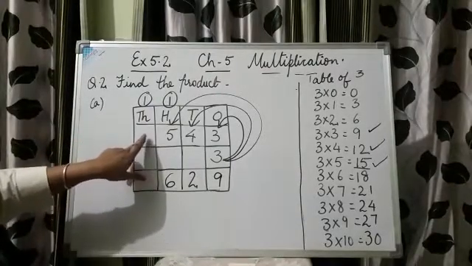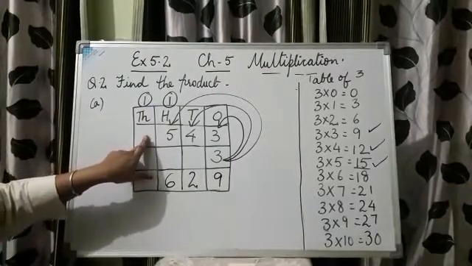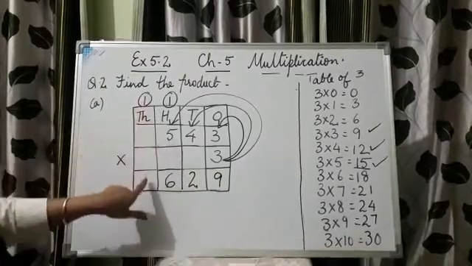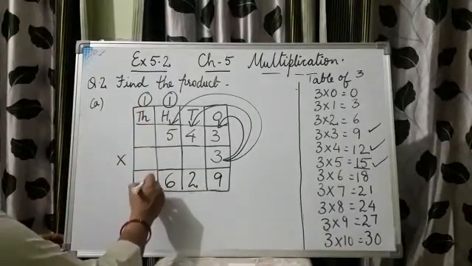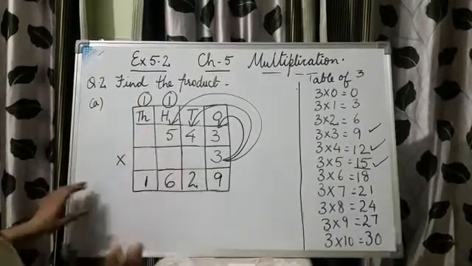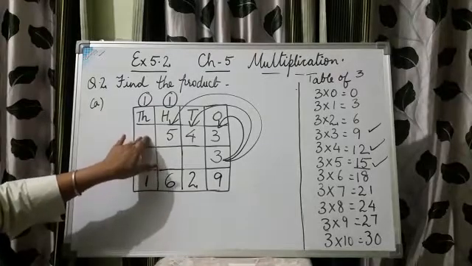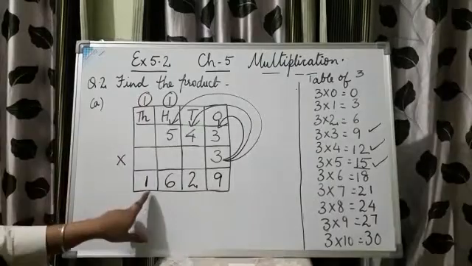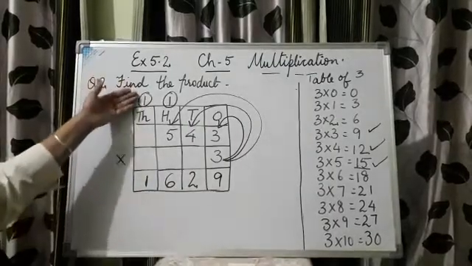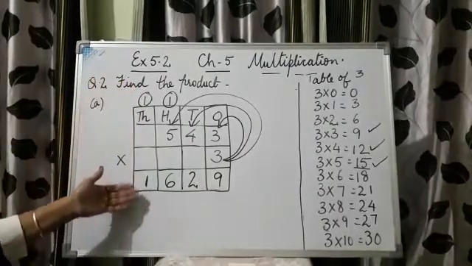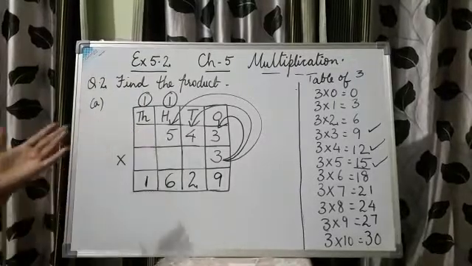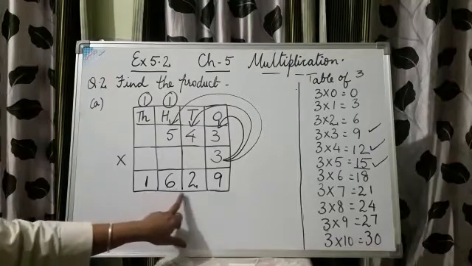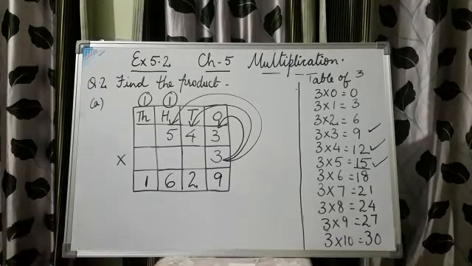Now students, you don't have any digit on the thousands place. So we need to bring the carry over just like that. As we don't have anything, we assume this as a 0. 3 multiplied with 0 will be 0 and 0 plus 1 becomes 1, or else you can bring down the carry just like that, as we don't have any number to multiply. So your product becomes 1629.